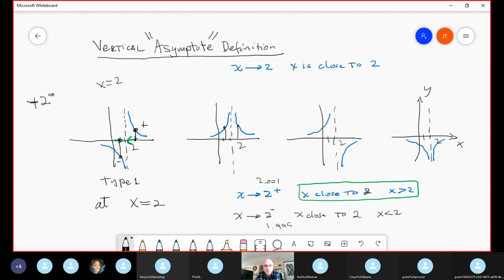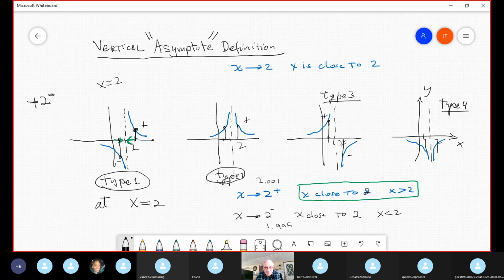So you evaluate after and before, and both are positive. So this is type 2. And so you evaluate before and after, and this is positive and this is negative, so it's type 3. And also, if both are negative, it's type 4. That's easy. No big deal. That's how you discover the